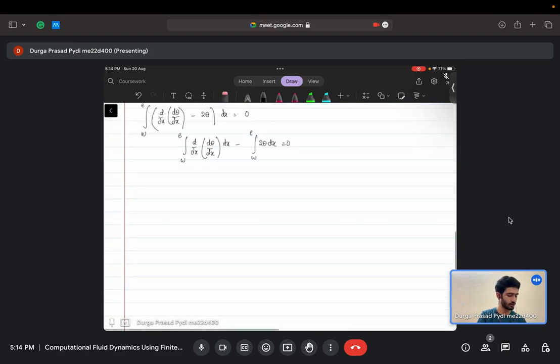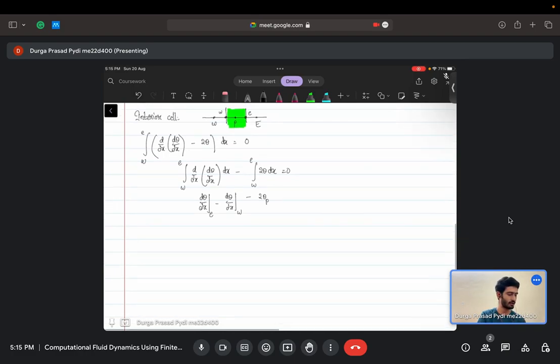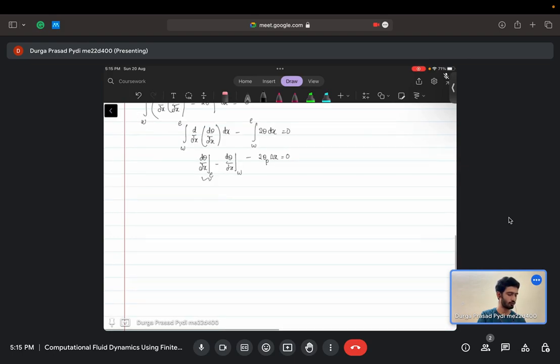So the first term over here becomes d theta dx evaluated on the east face minus d theta dx evaluated on the west face, and this we are approximating at the cell centered value. So I am essentially saying this equals 2 times theta p, where theta p is the value of the cell of our interest point p, times delta x, equals 0. For the gradient we will use a linear approximation. So d theta dx on the east face is essentially